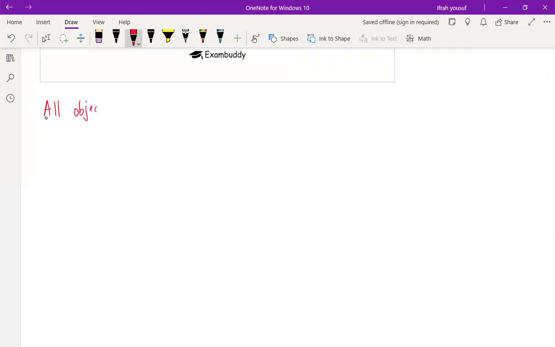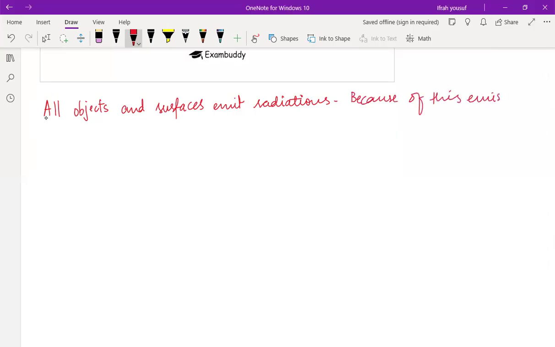All objects and surfaces emit radiation, right? So because of this radiation emission, the temperature of the